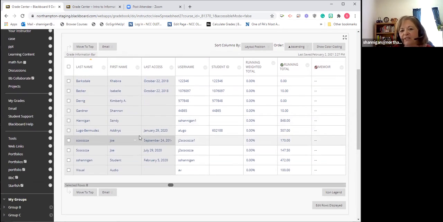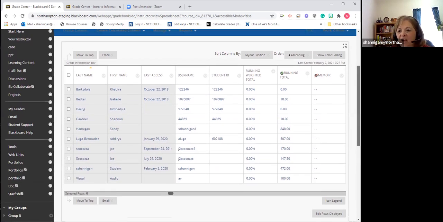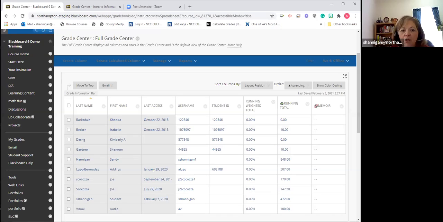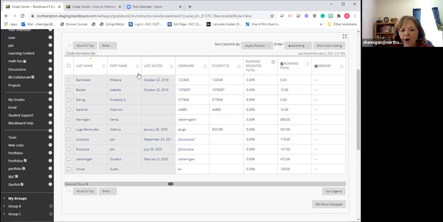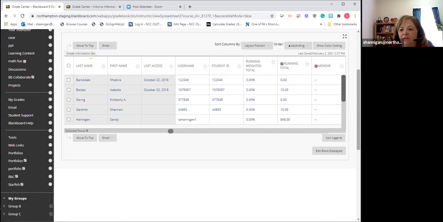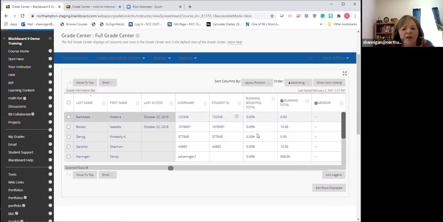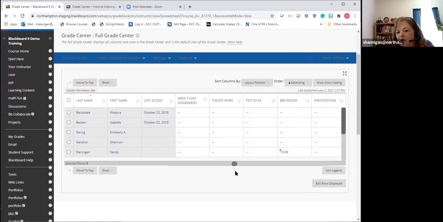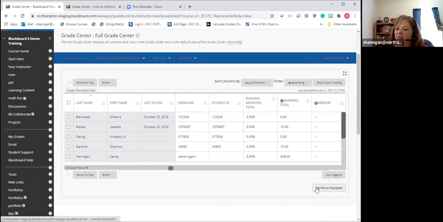But you know what I mean when you have to keep scrolling down to the bottom to see to find that student. On the other hand, you may only want to grade a group at a time. So sometimes I just like to have 5 rows appear on my screen. That's all I want. I just want to do that group of 5 and put in my grade, or look through the grades. So I set the icon sometimes to 5, so that that's your preference,